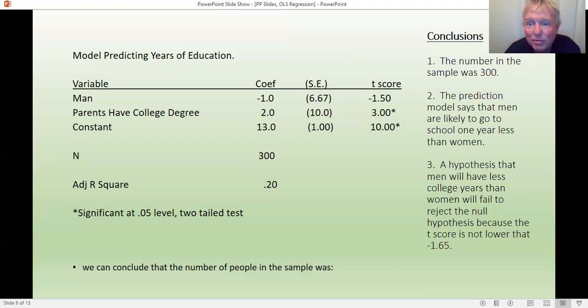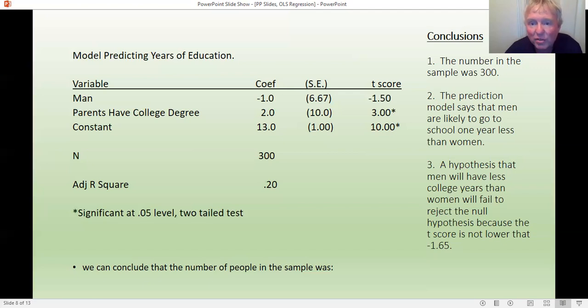So this is a negative directional hypothesis. Men will have less years of college education. If we run it in this regression, yes, we get that negative coefficient. And for a prediction, you always go ahead and use that negative coefficient. But if they're asking, are men significantly less than women in years of education, that hypothesis would fail to reject the null hypothesis because the -1.5 t-score is not lower